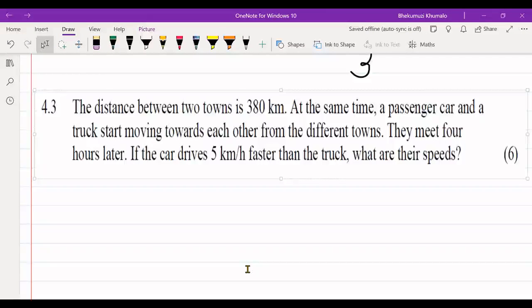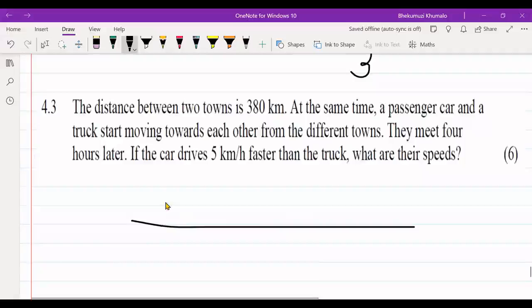The distance between two towns, right? They say the distance between the towns is 380 kilometers. At the same time, right? So let's first make a quick sketch. So the distance between these towns, this is maybe town A and this is town B. And the distance,